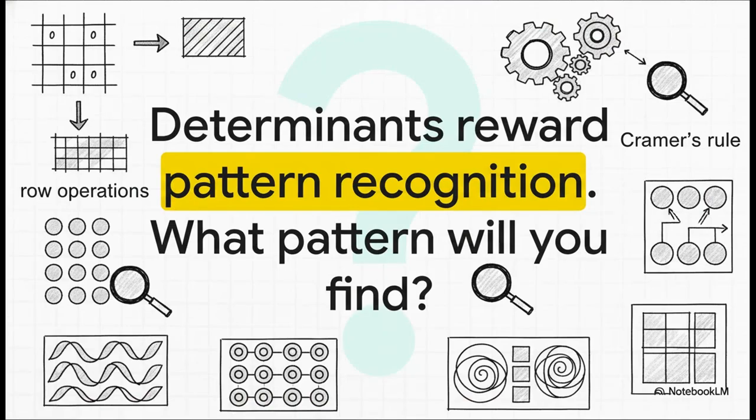So, what's the big takeaway from all this? At their core, determinants are all about pattern recognition. From spotting one of the 0 properties to applying Cramer's rule, your success really depends on seeing the pattern and choosing the right tool for the job. That secret number we talked about at the beginning? It isn't so secret after all. It's a key that unlocks a whole world of patterns. The more you practice, the more patterns you'll